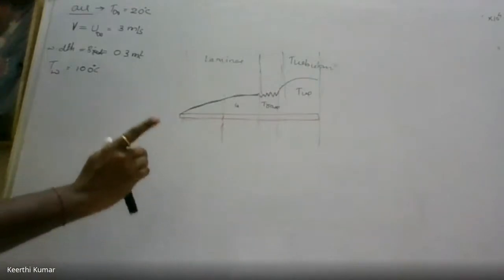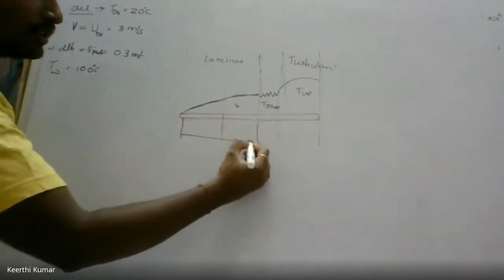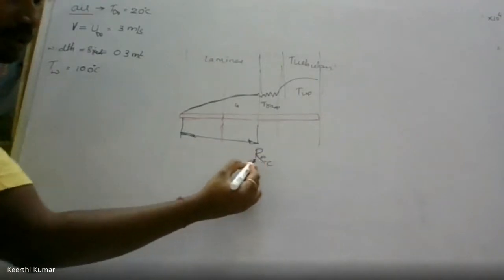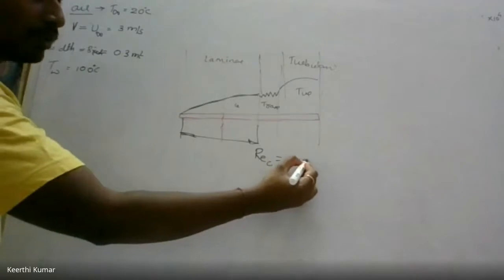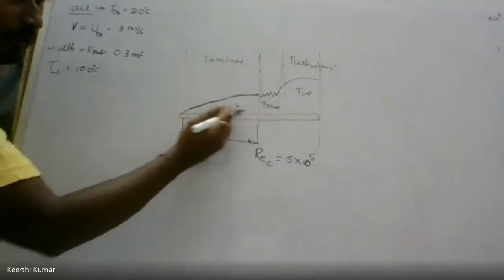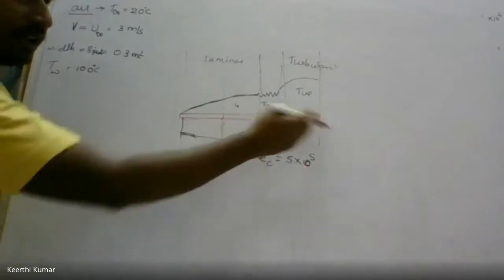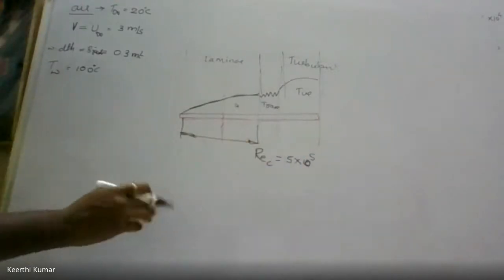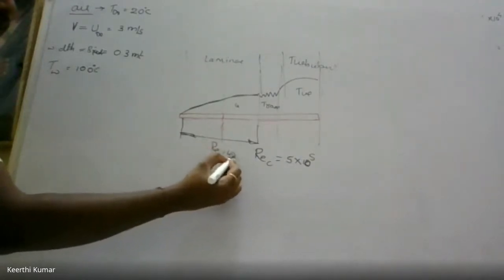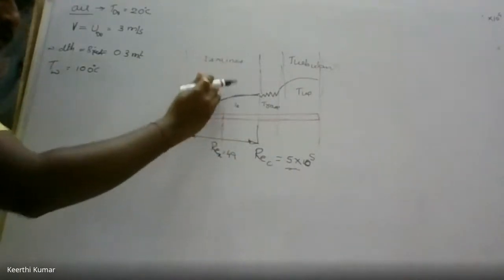But now what he has asked is, how do we know this transition region? To know that, we use the critical Reynolds number. The critical Reynolds number is 5 into 10 to the power of 5. If the value of the Reynolds number is less than 5 into 10 to the power of 5, then you are well within the laminar flow. If the value you are calculating is greater than this, then you have entered the turbulent region. That is the meaning of that. Understanding? So now, what is the value of Re x we got? It is something like 4.9 something, which is well below this critical value. So we know the flow in the given problem is laminar flow.